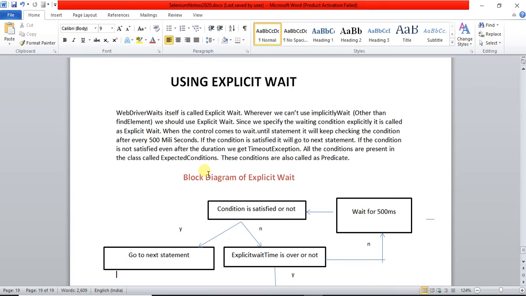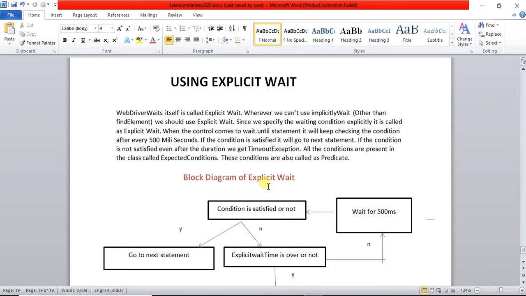To give the conditions, we have to use the static methods of the ExpectedConditions class. So what methods are present in the ExpectedConditions class? We have alertIsPresent, titleContains, titleIs, urlContains, and visibilityOf. These conditions we give are also called delegates.